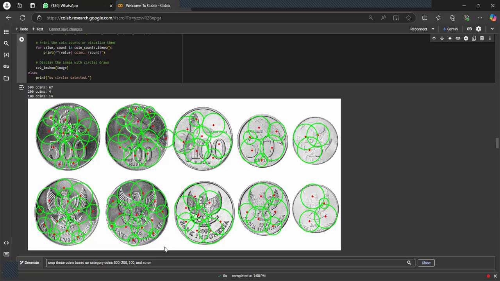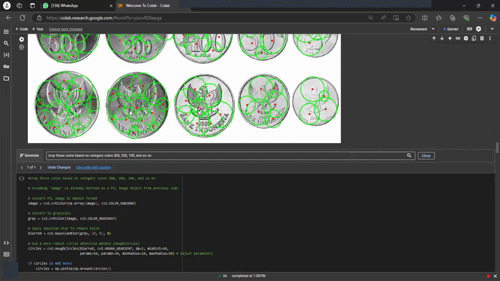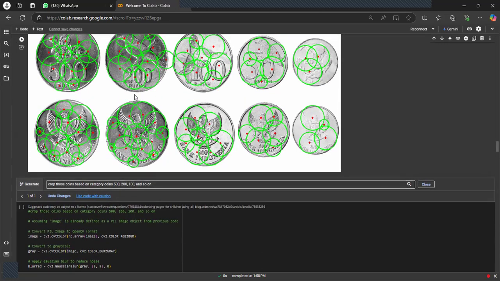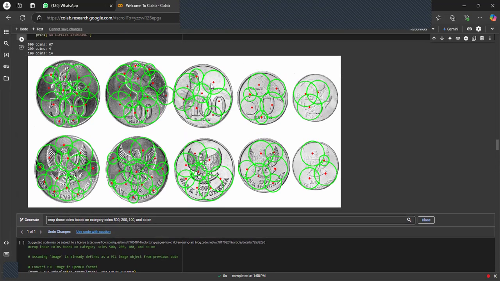It's from the circle itself. From this characteristic we could analyze more.